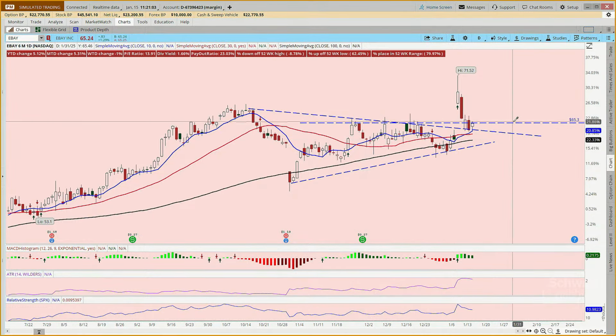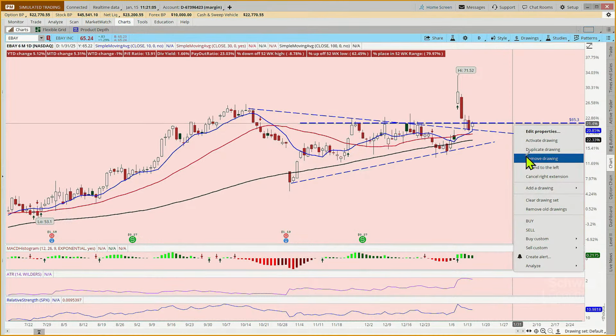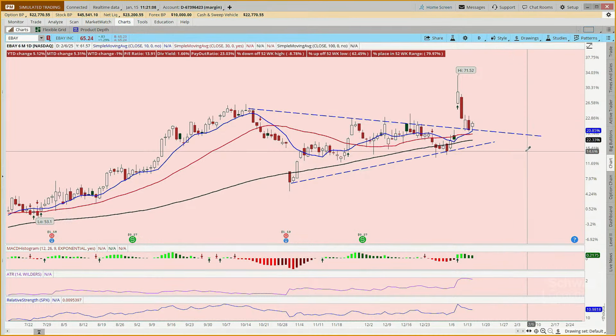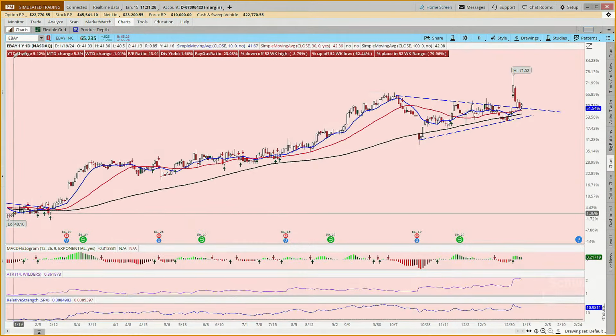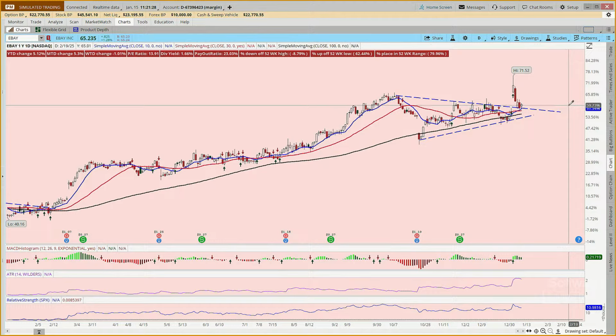But then I looked at it again, and so much of technical analysis is in the eye of the beholder, right? When I looked at this, I thought, this is a big pennant pattern setting up. And when we look at eBay over the last year, it has not exactly been leading the charge. But, up 60%, it's beating the S&P and the NASDAQ quite handily.